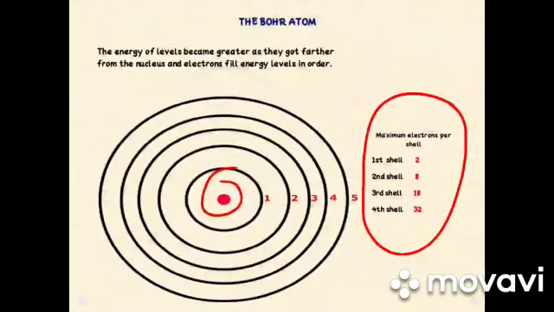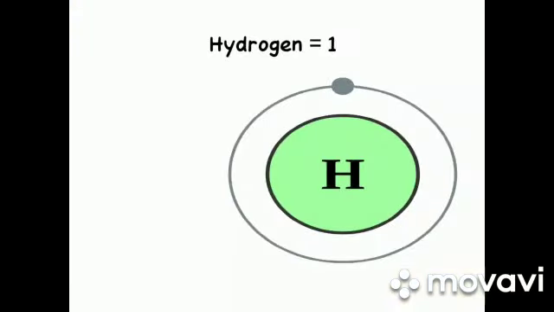Students, now we will see the arrangement of electrons in some elements. Before doing that, remember that the atomic number tells us the number of electrons in an atom, as the atomic number is the number of protons in the nucleus of an atom, and the number of protons is always equal to the number of electrons around the nucleus. So hydrogen, the atomic number of hydrogen is 1, means there is 1 electron around the nucleus. So 1 electron would be in shell 1, that is K shell. So K is equal to 1. No more electrons, no more shells would be there.